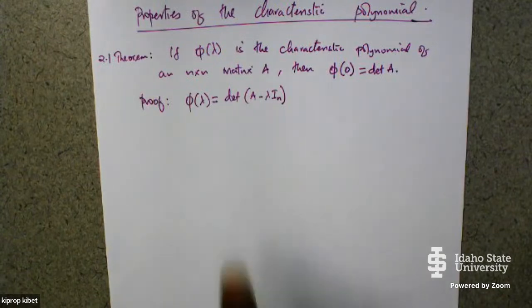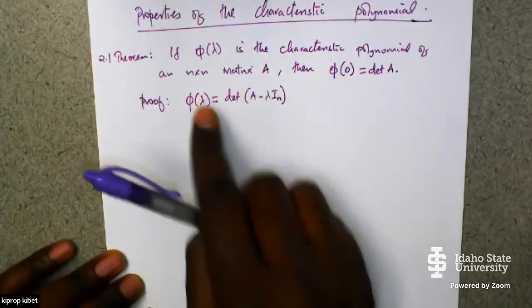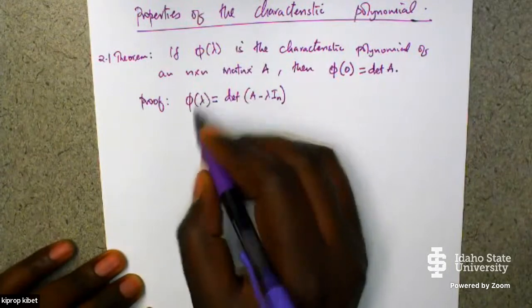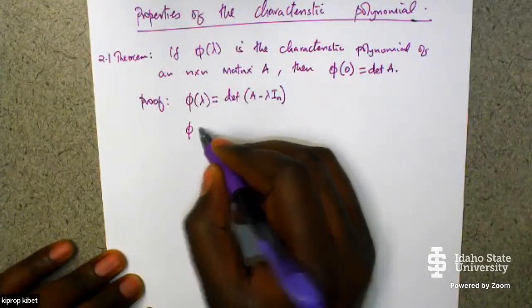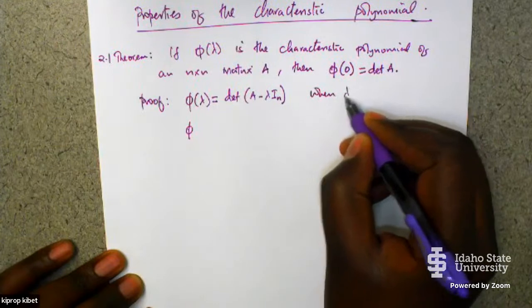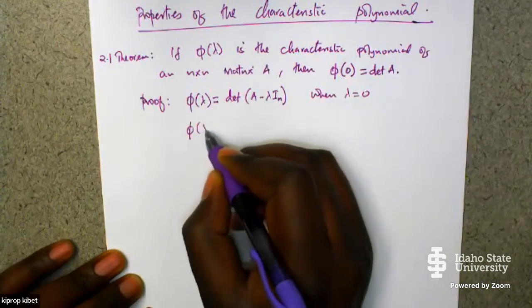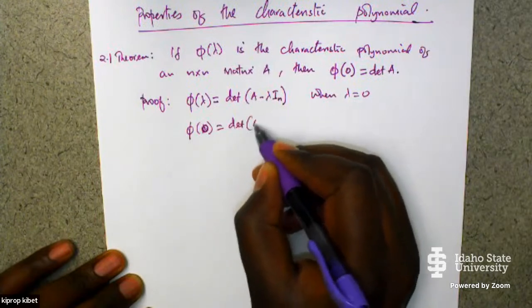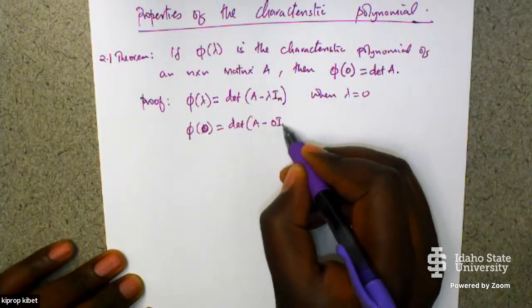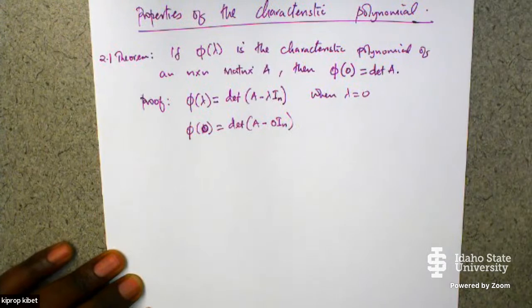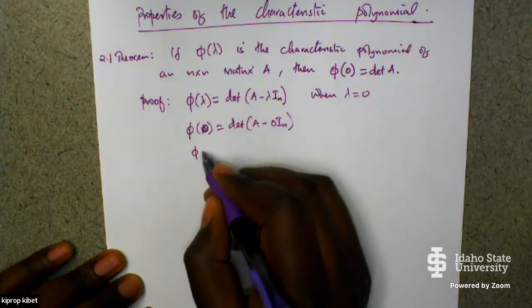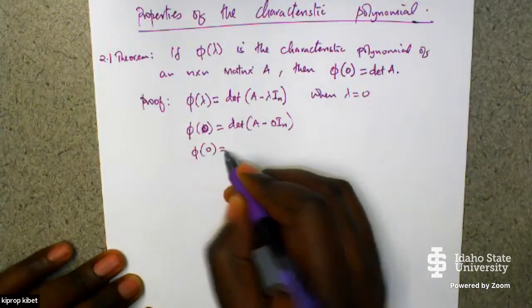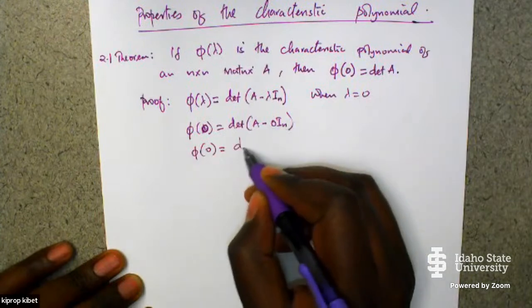Then if we replace lambda by 0, then phi of 0 equals the determinant of A minus 0 I_n, right? So phi of 0 equals, this will be 0, equals the determinant of